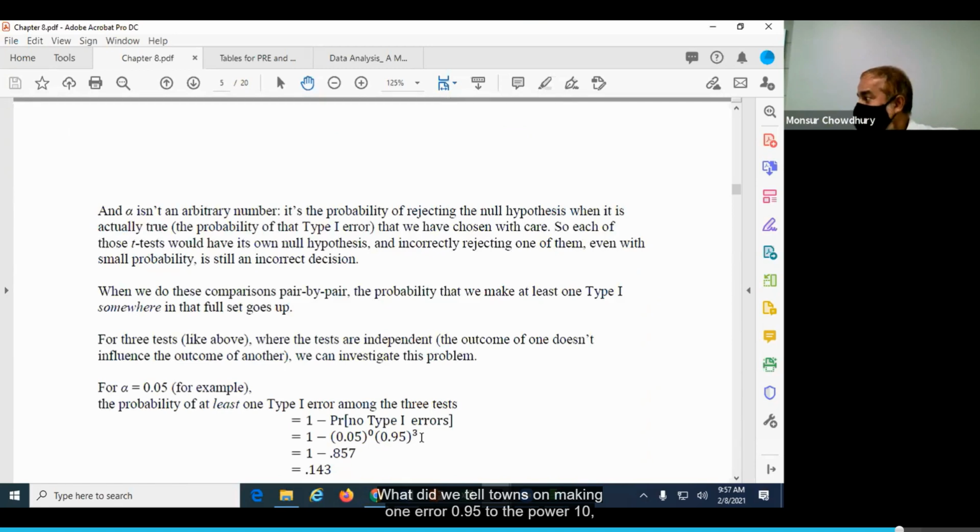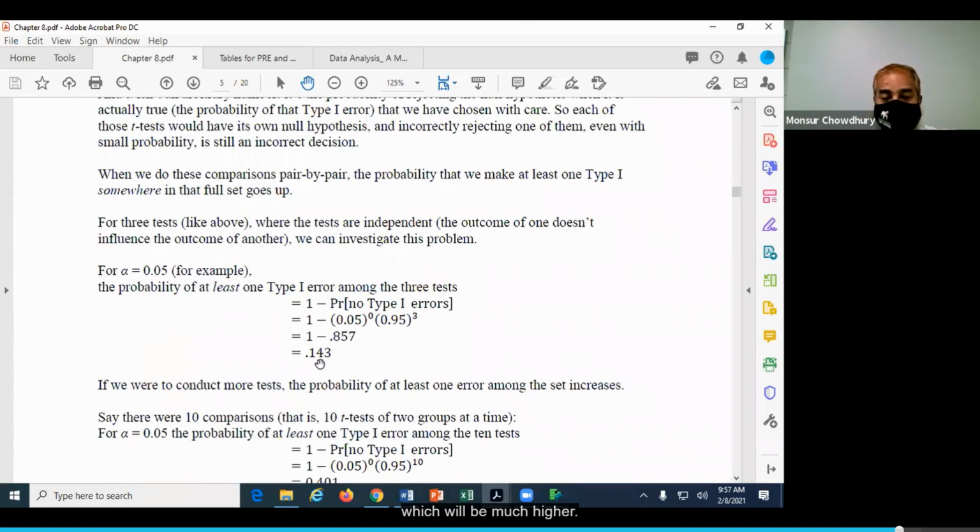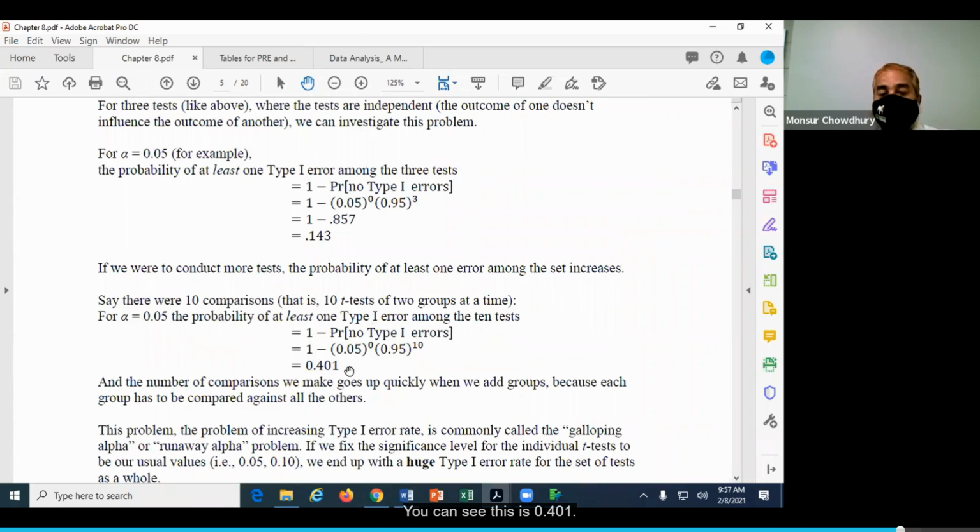It is 1 minus 0.95 to the power 10, which will be much higher, and you can see this is 0.401. So if we do more tests, we can have more error. But we don't want our error to be more than 5%. You can see that the chance of making at least one error when we are conducting 10 tests or 3 tests is much higher than 0.05. So that's the problem.